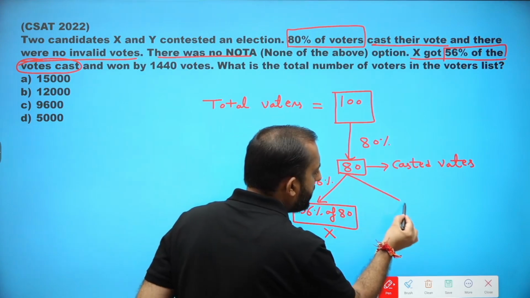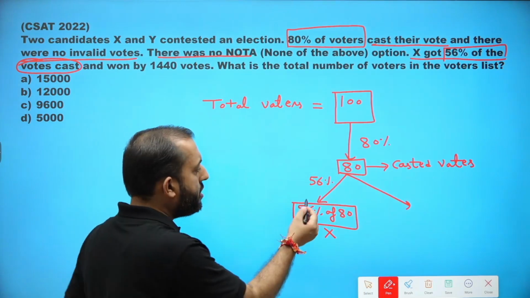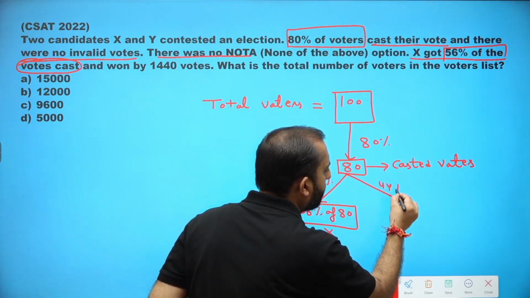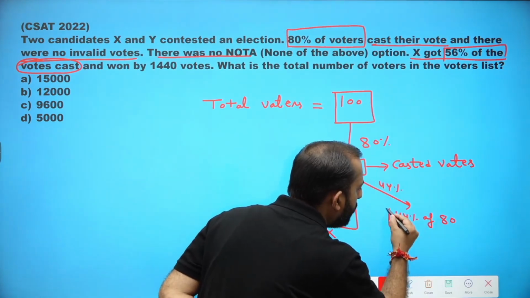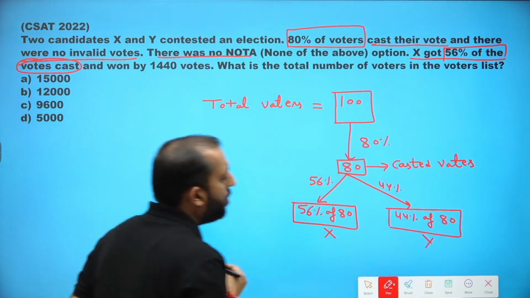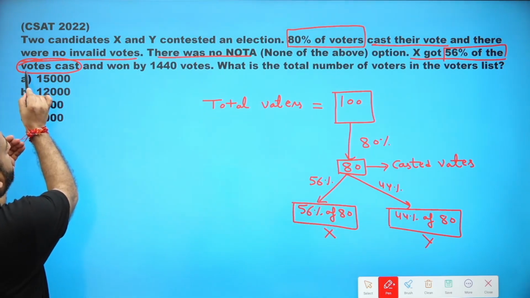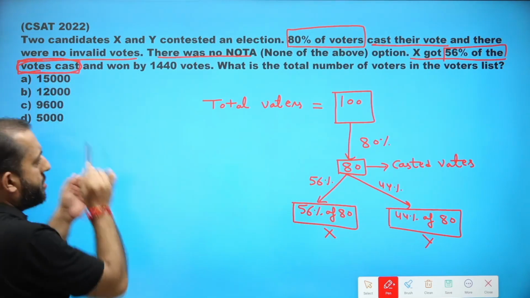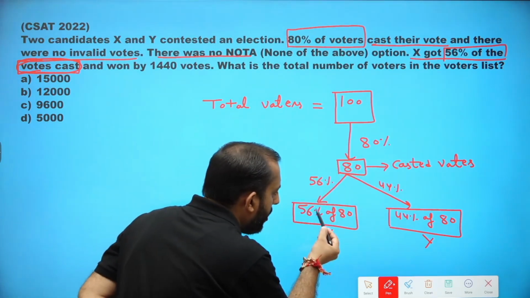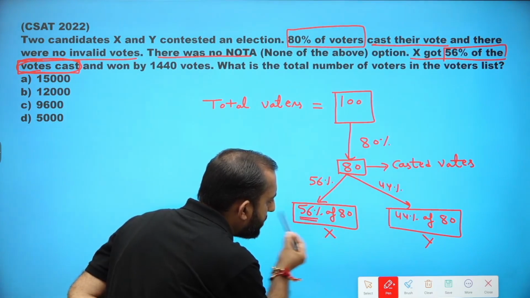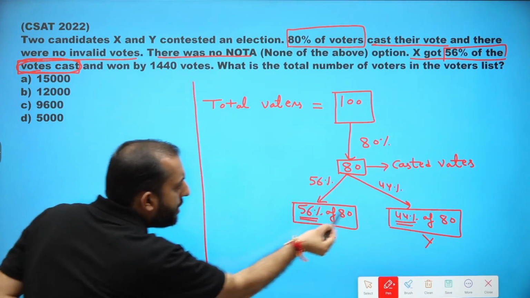So if 56% of 80 has gone to X, then the remaining, which is 44%, so 44% of 80 must have gone to Y. Now why 56% of 80? Because it is written here 56% of votes cast, and I know how many votes have been cast, 80. Now I can see over here X got 56% of 80 and Y got 44% of 80. So from here I can see